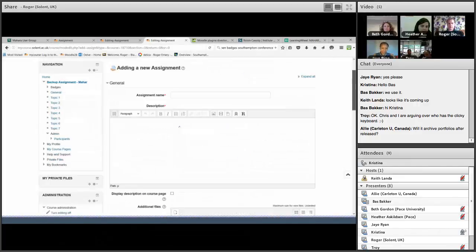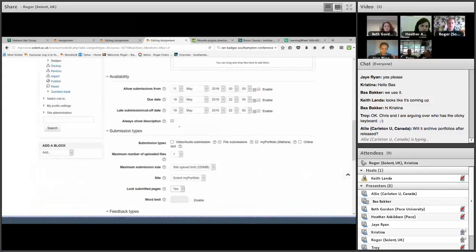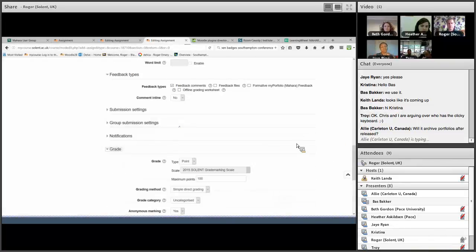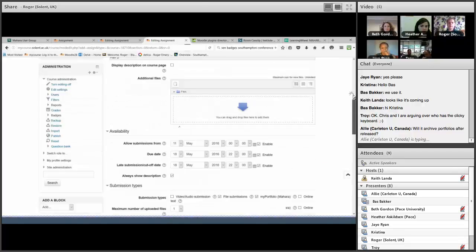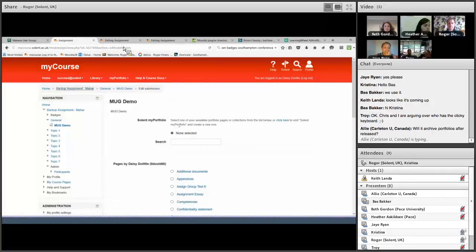So normal, give the assignment a name, give it a description, set some dates on it, so the late submission date there as well, if you want to do that. It takes advantage of all the Moodle tools, so you can give individual extensions, etc., grading, so you can set Moodle grading on it, and whatever grading scale, we use a specific Solent grading scale, all of those tools are there. Then if I just go and look at it from the student point of view,